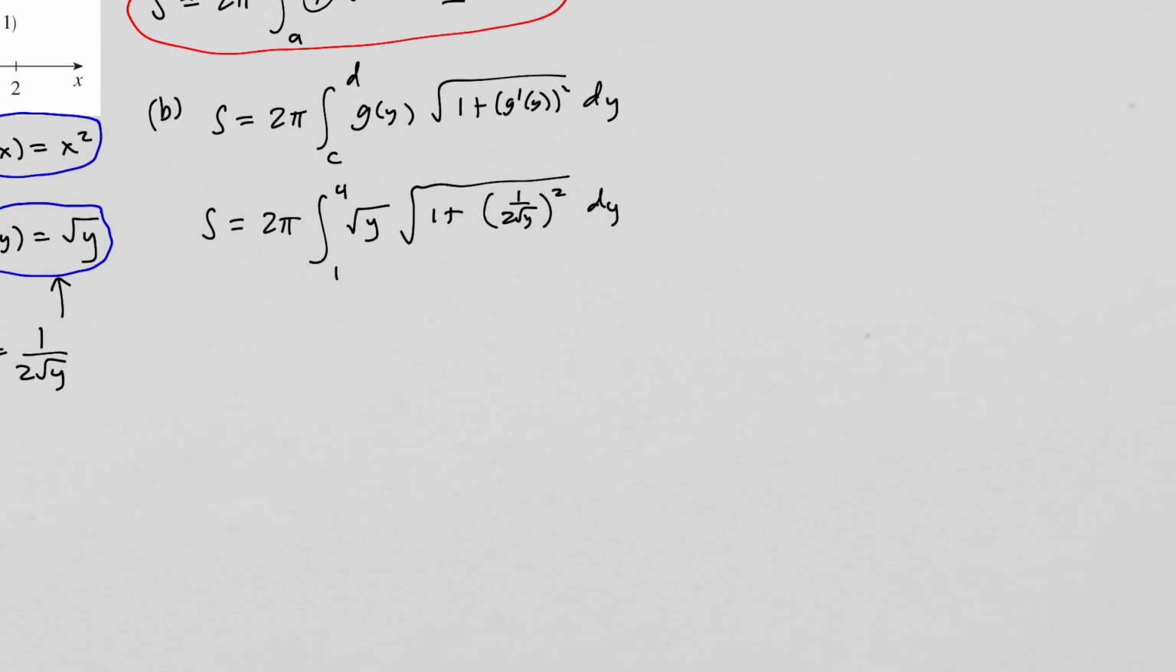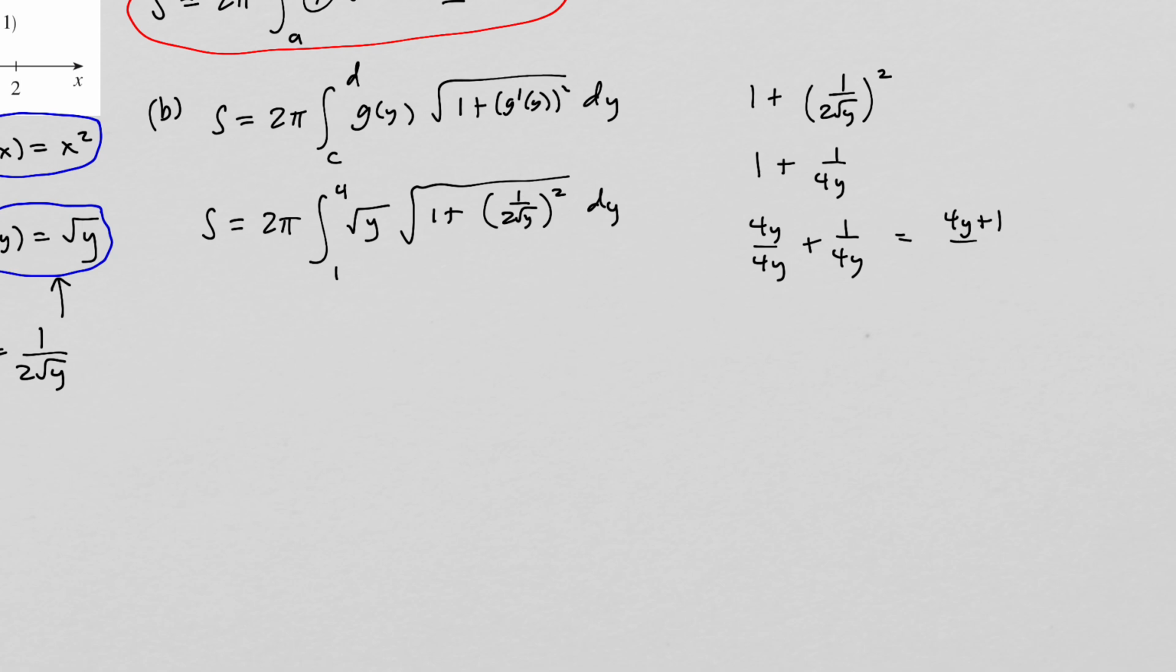So now we have to simplify this. Well, 1 plus 1 over 2 square root of y, quantity squared, is 1 plus 1 over 4y, which is 4y over 4y plus 1 over 4y, which can be simplified to 4y plus 1 over 4y. So that is what goes inside the radical here. So what I have is 2 pi integral from 1 to 4, the square root of y times the square root of 4y plus 1 over 4y